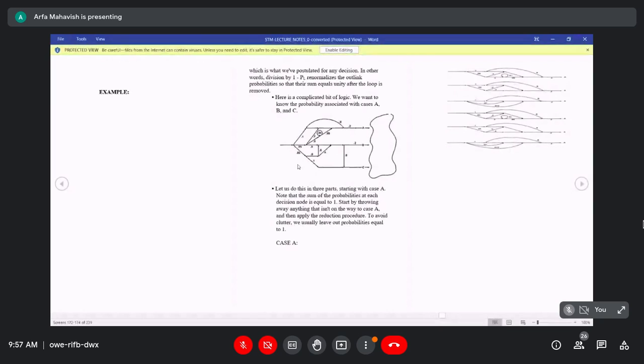We divide this path into individual cases. This is one case, this is another case, and this is another case, and we solve those cases.